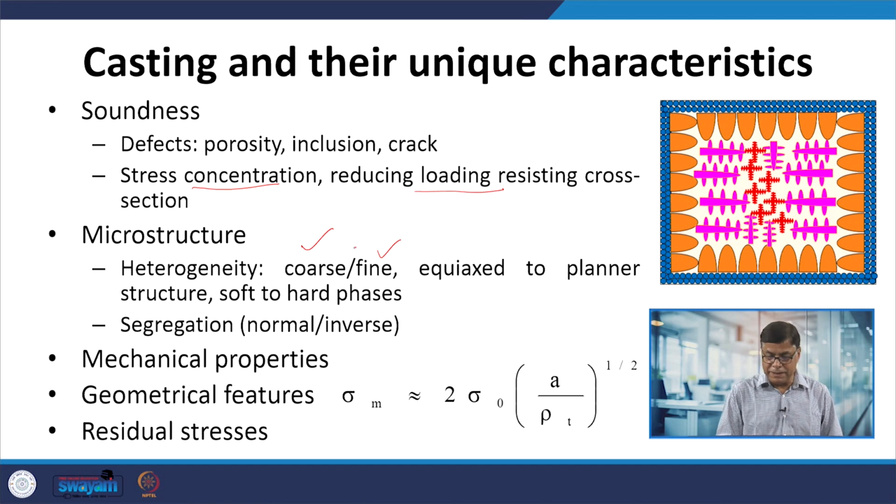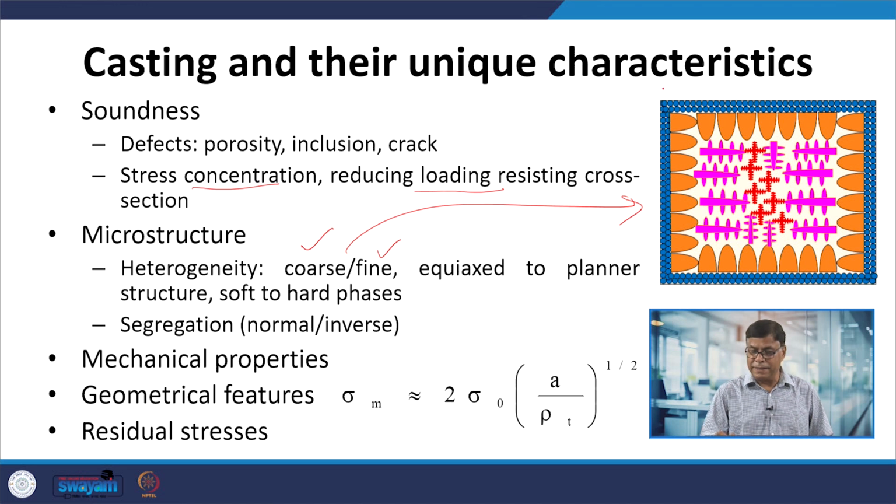If we see the typical features of a casting, this schematic shows that the skin of the casting experiences an extremely high cooling rate, and that is why a very fine equiaxed grain structure is obtained at the surface. Thereafter, you may have the columnar grains, dendritic grains and the equiaxed structure. So, there will be a lot of heterogeneity in terms of the morphology or shape of the grains obtained in the cast components, and this heterogeneity in the structure affects the mechanical performance and the other desired performance